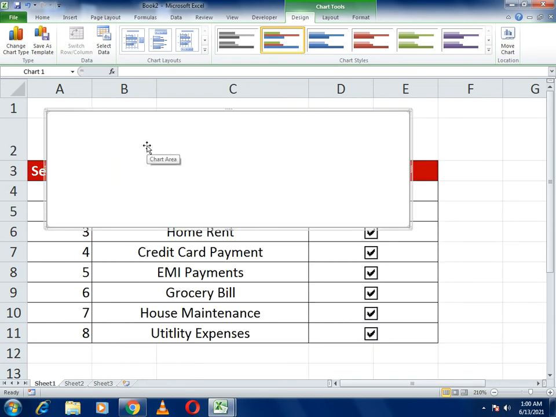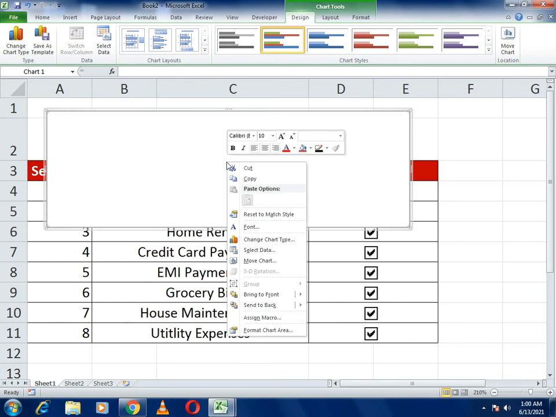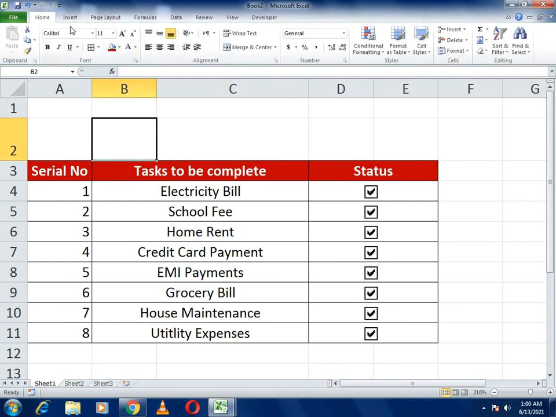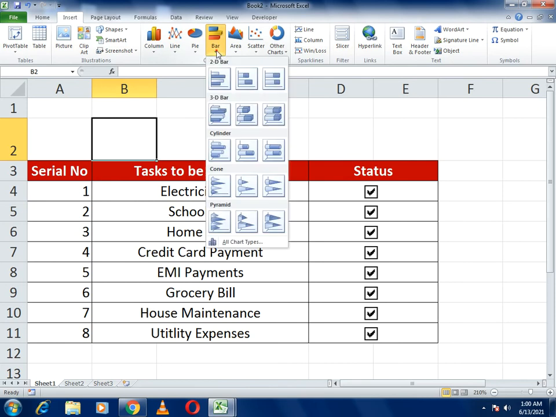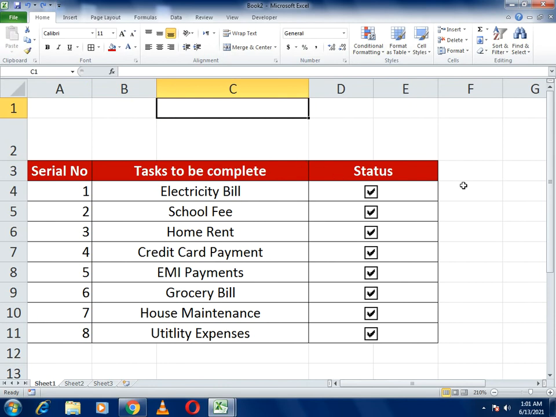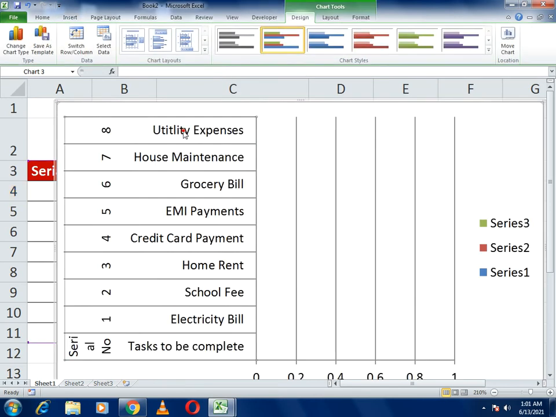Now we have to put the data in it, so you have to select here and go here in the bar. Insert and bar, and we select the bar.